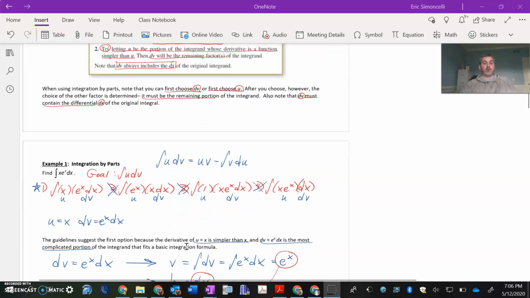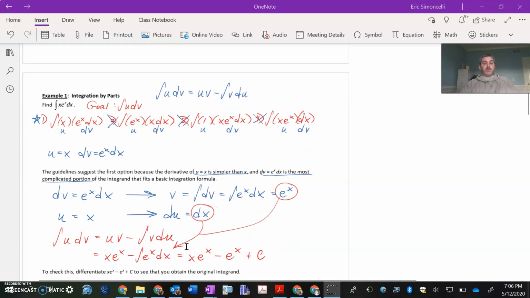All right, example one. As you can see, I've already performed all the work for this, so I'm going to walk you through it. For example one, find the integral of x e to the x dx. Our goal should be to set this up where we have essentially the integral of u dv. The reason is, according to the integration by parts theorem from the prior page, here's the setup. If the integral of u dv is what we have,